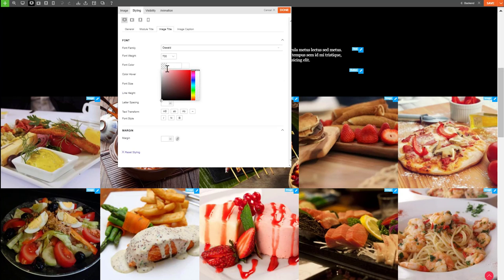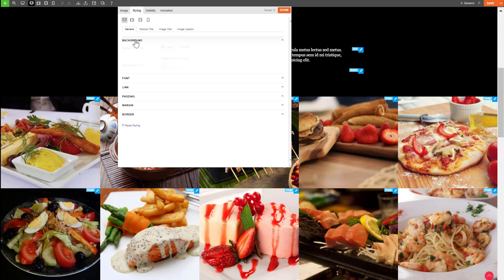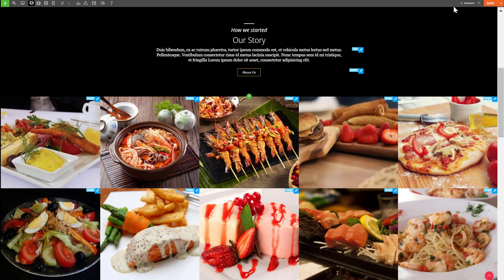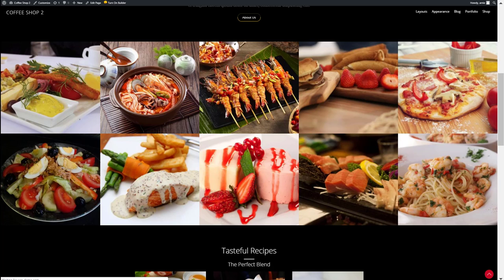over in here with the color. If you wanted a color in there, that's for the text. You should have a color for the font, and then there's also going to be a color for the overlay in here somewhere. We just have to look for that, but I'm not going to do that right now. But we can hit done, we can hit save, and come over here and